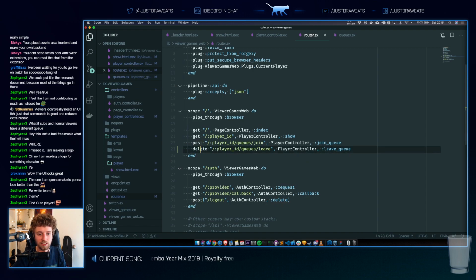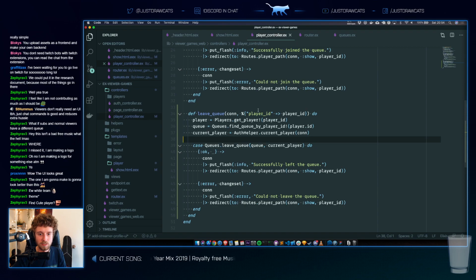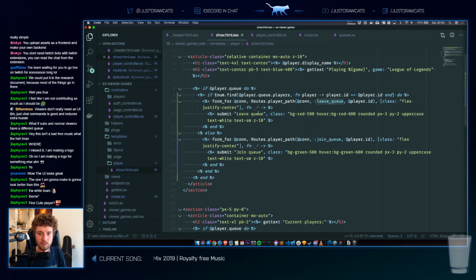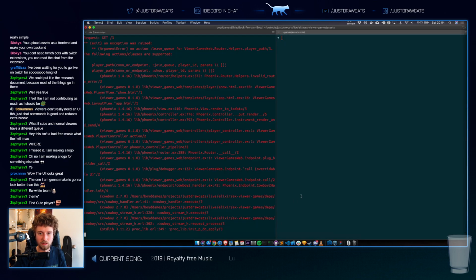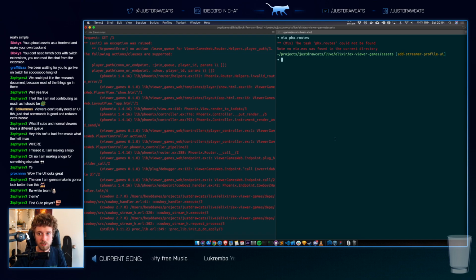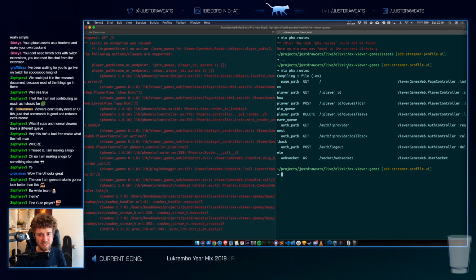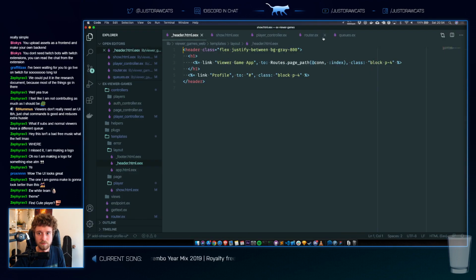It's kind of destructive, right? So I guess delete works. Okay. I don't know what kind of routes it just generated. So mix phx.routes probably doesn't work because... Oh. It doesn't compile? Oh, it does. Player path delete. Okay.